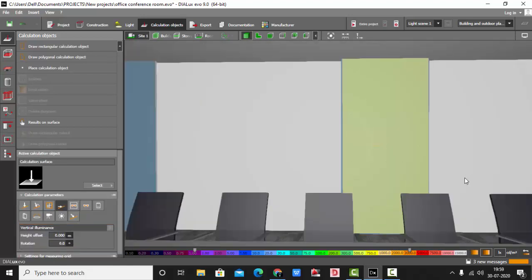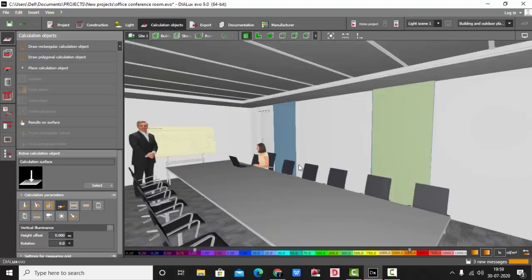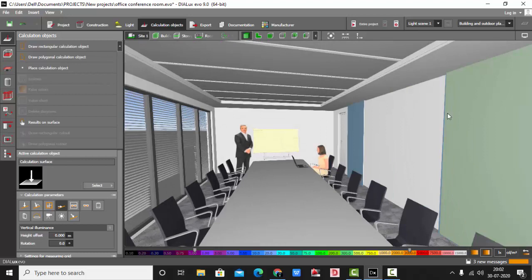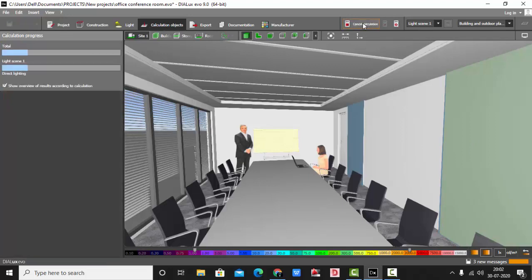So you have your calculation object placed. Press escape to go back. Once this is done, go to calculation objects and run entire project.